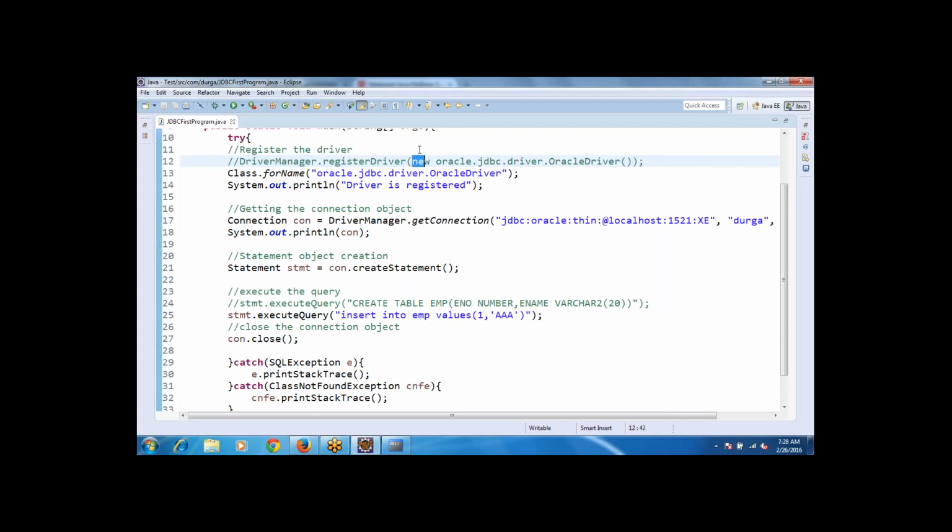The only thing that varies is here, whatever driver you are going to use. I'm using Oracle, that's why please change the name. In future, if you are trying to migrate to a DB2 database, just change the class name here. Instead of the Oracle driver, put the DB2 driver. Okay. And then here, see